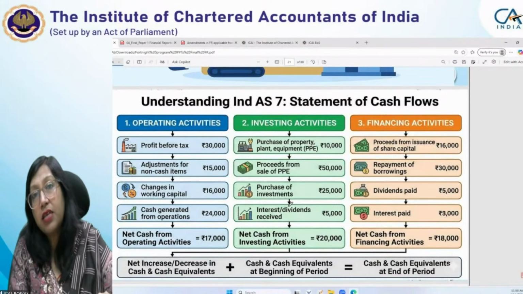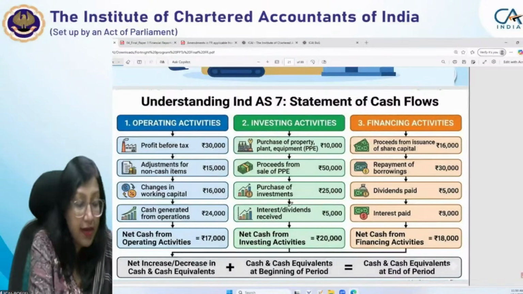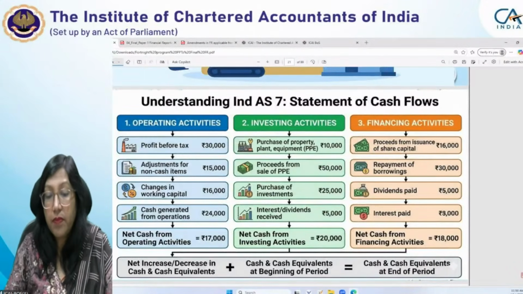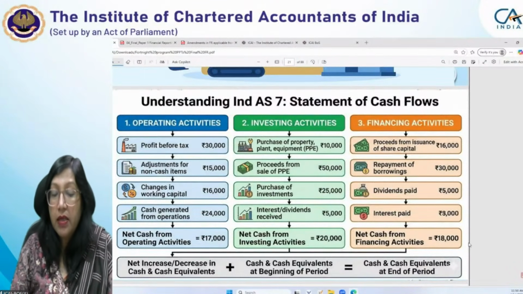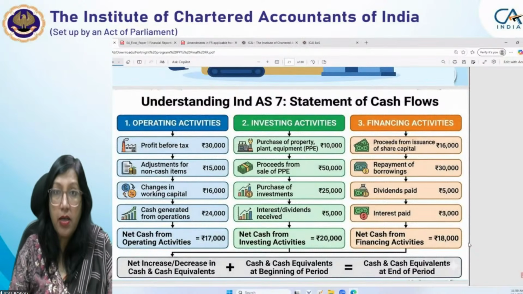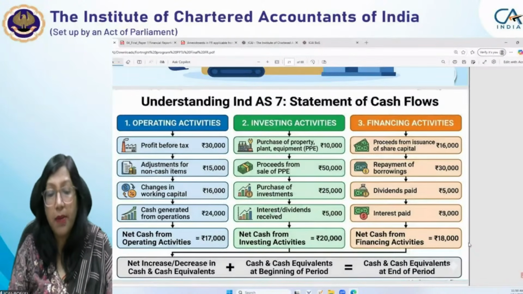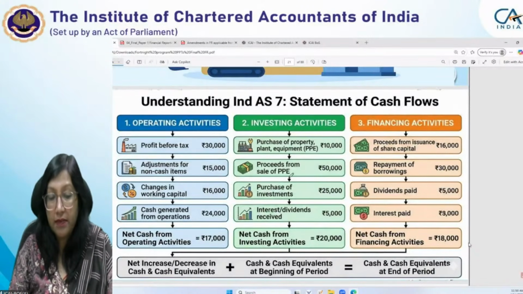कैश एंड कैश इक्विवेलेंट की अकाउंटिंग जरूर ध्यान रखिएगा, तो ये इंपॉर्टेंट है। इसमें कैश एंड कैश इक्विवेलेंट में ही आपका फॉरेन करेंसी का जो ट्रांसलेशन का है वो आपको यहाँ पे यू हैव टू चेक दैट।